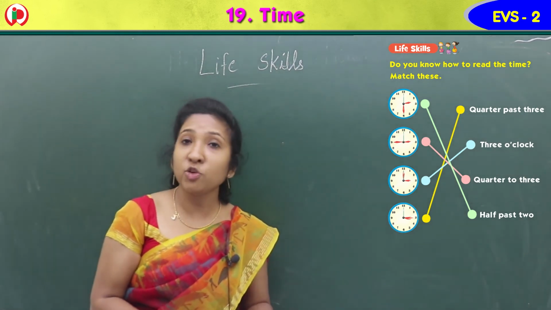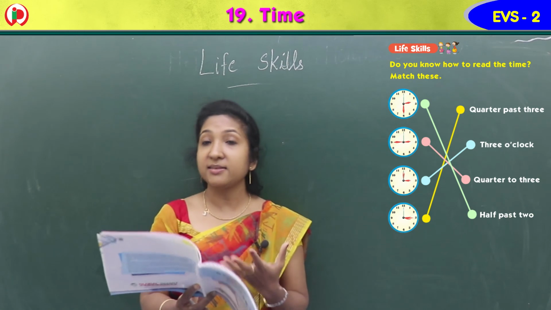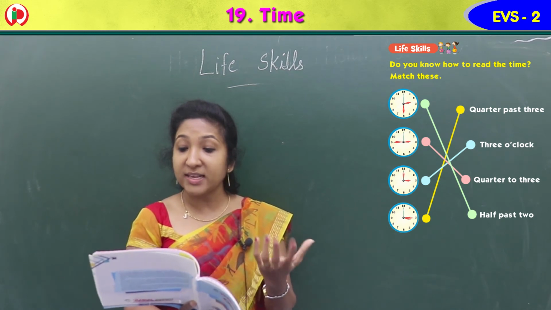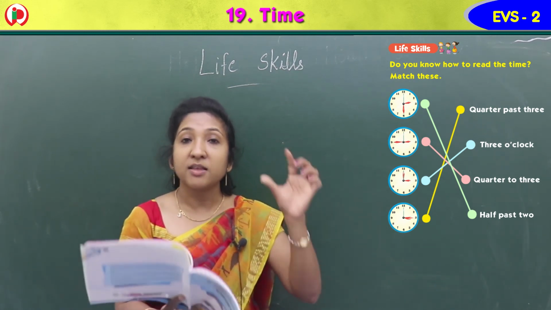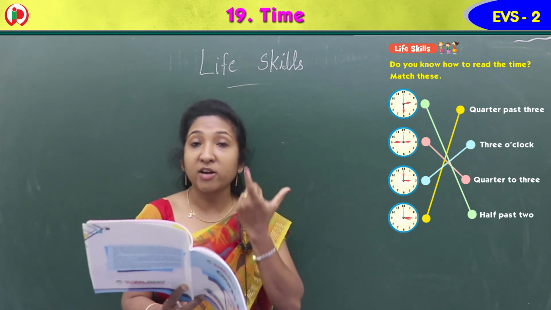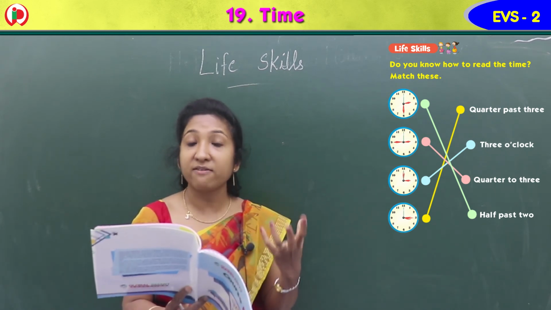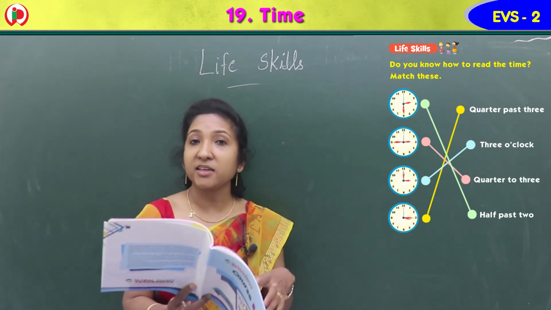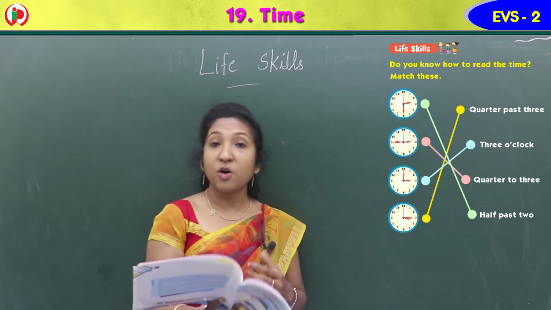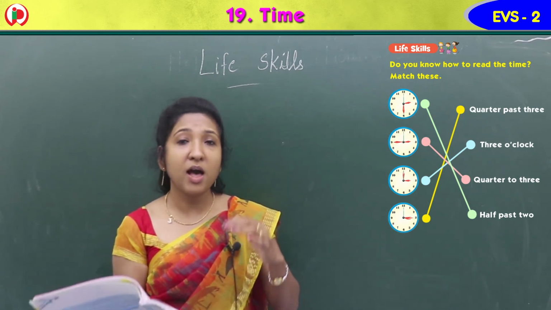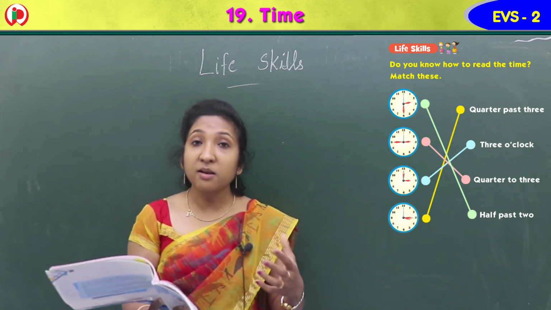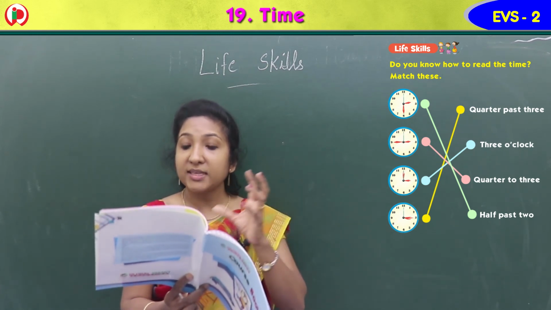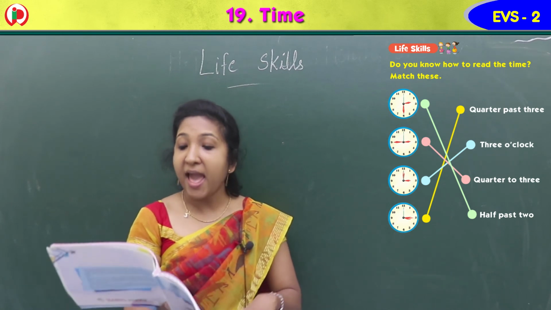So if you know how to read the time, it is easy for you to match. So we use a clock and watch to know the time. The clock shows us the time in hours and minutes. The smaller hand in the clock, the shorter one, is the hour hand. It shows hours. And the longer hand, or the minute hand we say, the bigger hand, is the minute hand, and it shows minutes. Okay children? Yes, so if you don't know how to read the time, children, you have to learn it. It's very easy. So you just learn how to read the time and you match it.